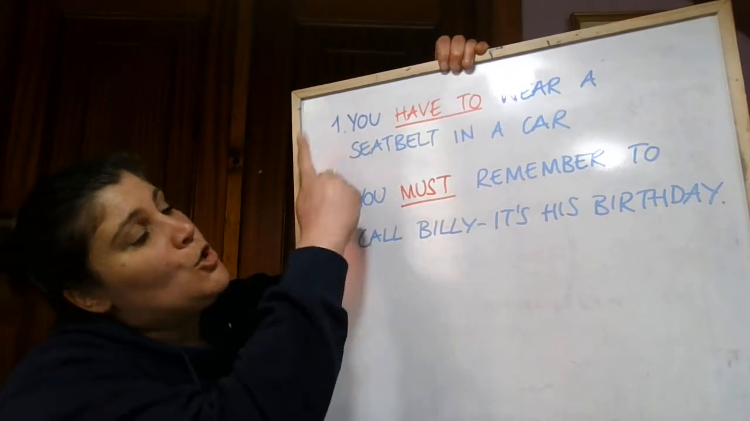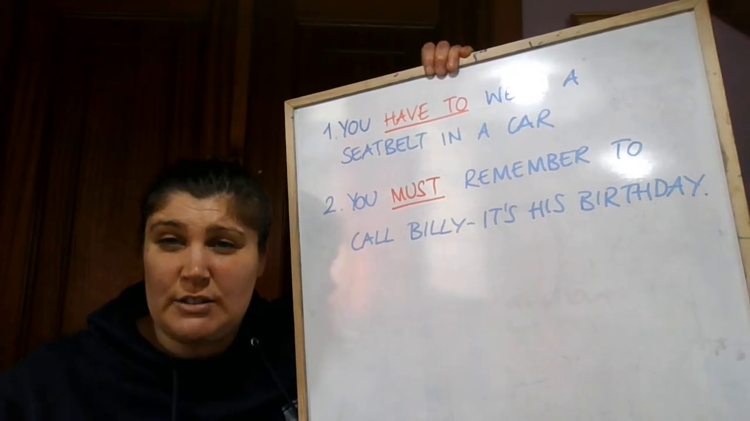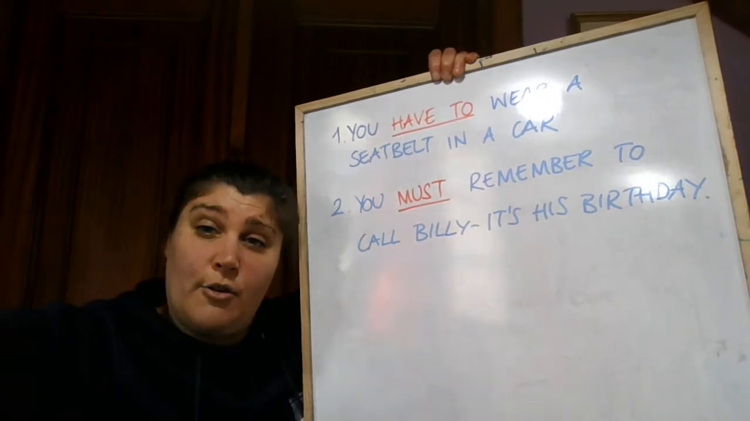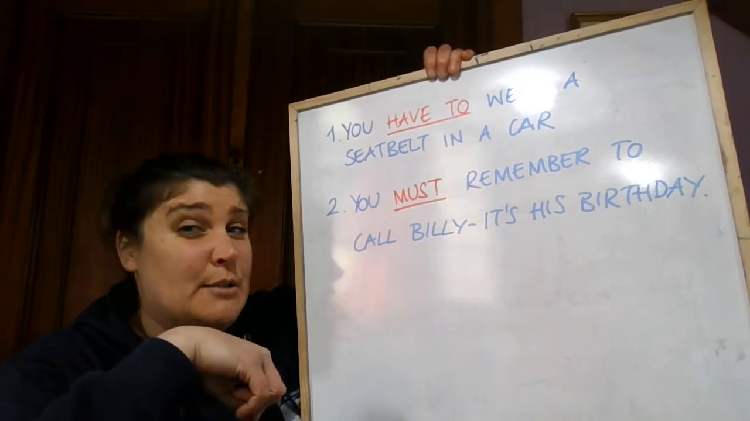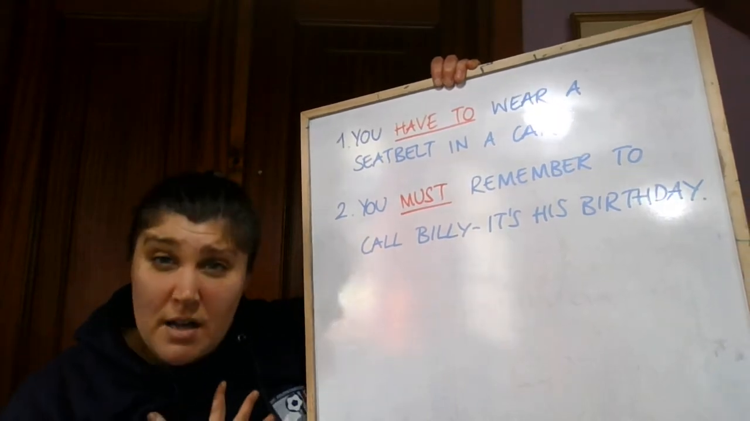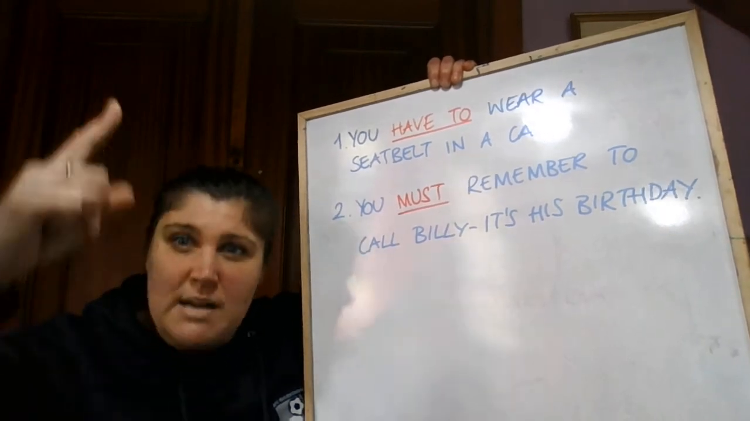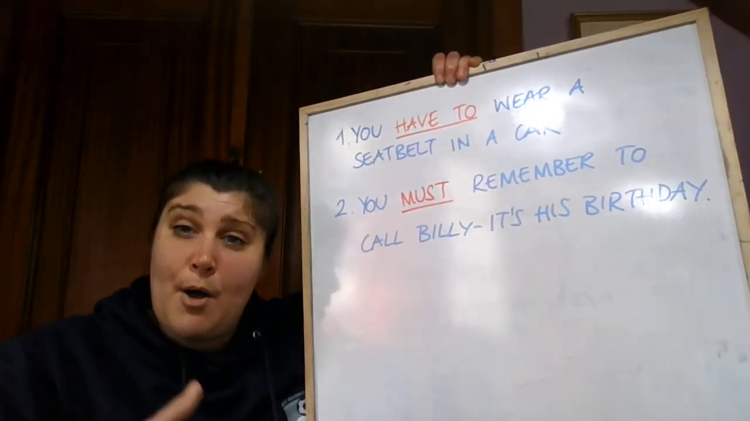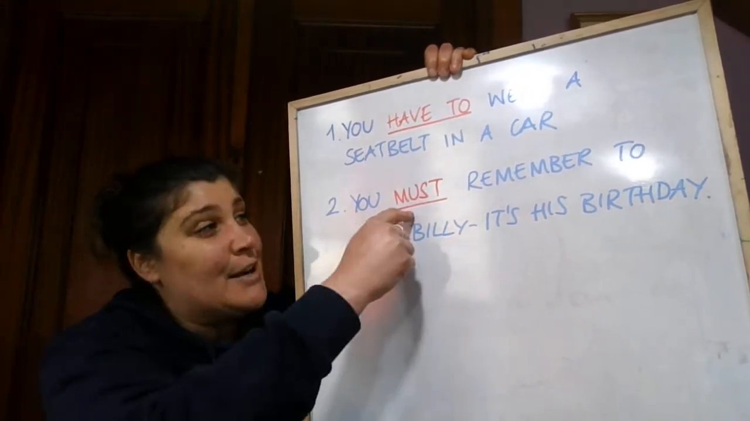Well, the first one, you have to wear a seatbelt in a car. Who tells you this is the obligation? Yeah, it's the police, it's the law. So the obligation is external from another person. You must remember to call Billy. It's his birthday. This one, the obligation comes from yourself. It's a personal obligation. I don't want to forget Billy. Billy is my friend. I must remember to call him. Okay? So, have to and must are both obligations, but have to comes from somewhere else, and must is a